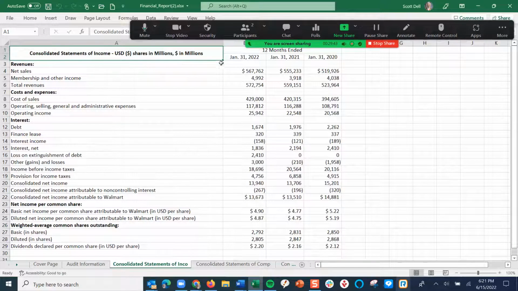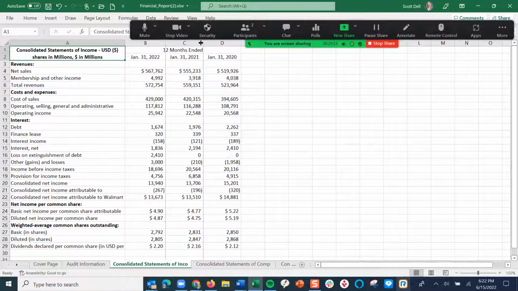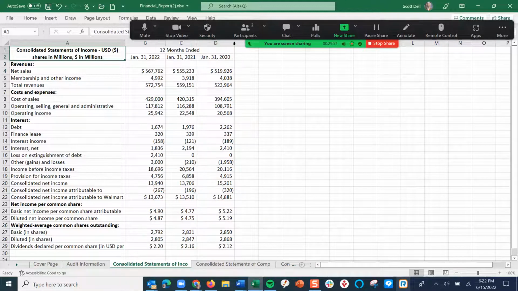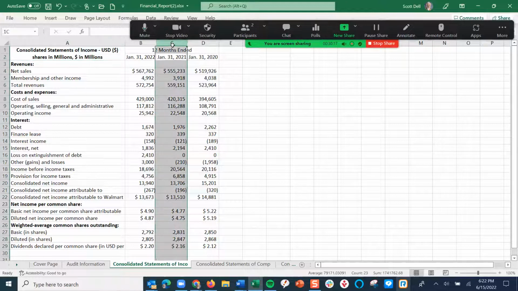Here's our consolidated statement of income. I'm going to shrink this down a little bit, move this over just to see it a little cleaner. And here's my net sales. By the way, good format says the top has a dollar sign on it, the bottom number has a dollar sign on it. All the rest have the commas, no cents, just dollars. We know it's in millions. And we can do some very quick analysis. I'm going to do a vertical analysis here, which will answer a number of the questions that we do.